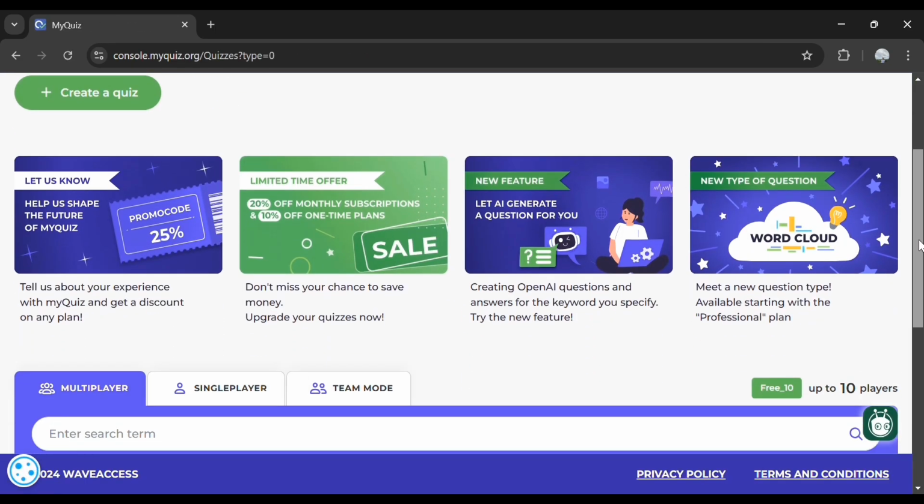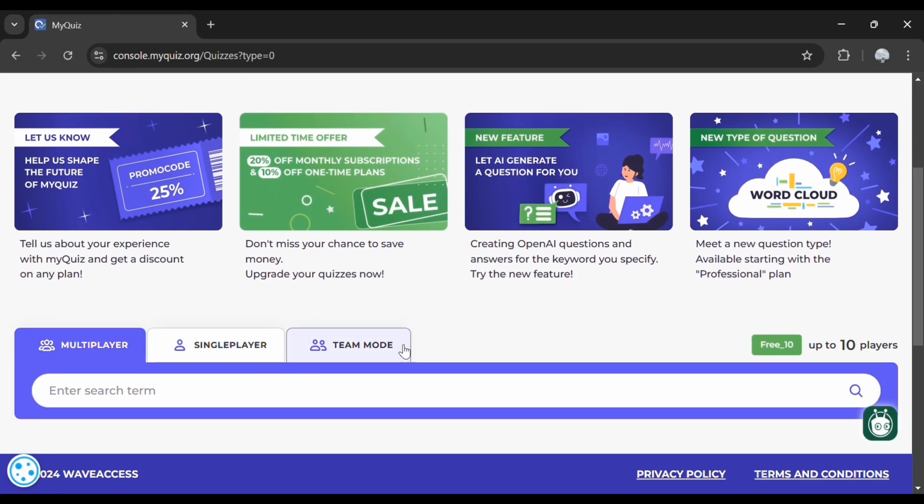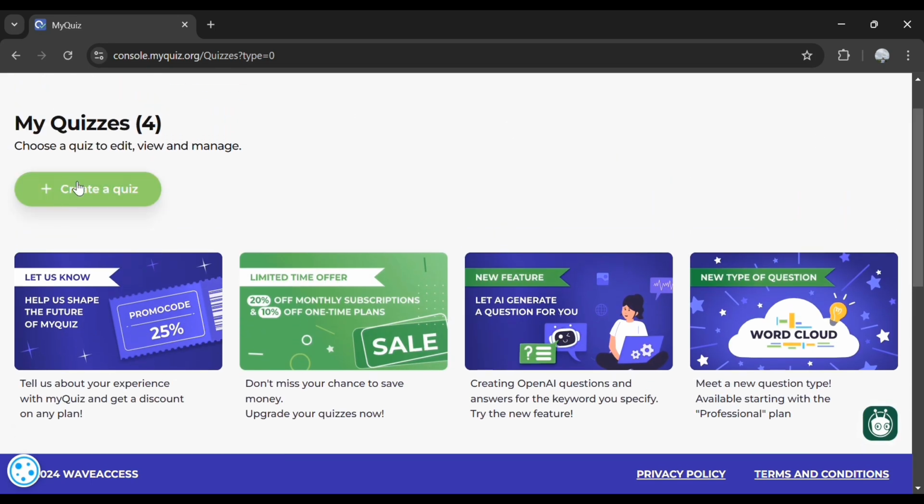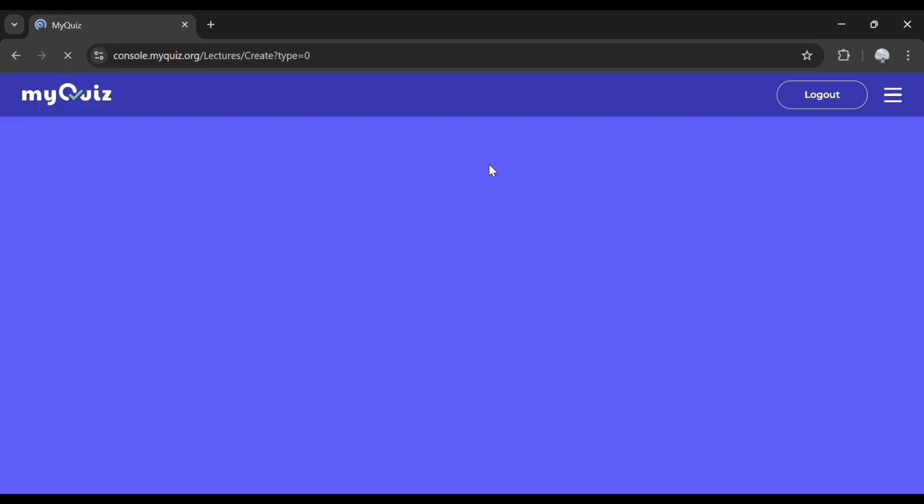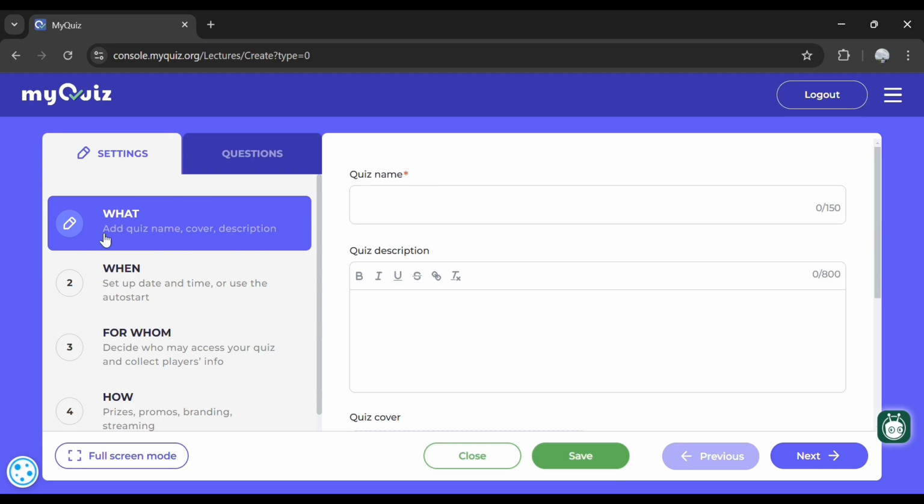As you can see here, there is the multiplayer, single player, and team mode. So now we start to create a quiz. As you can see here, there is the one question. Here you can add your quiz name, term, quiz. Here you can add any description,